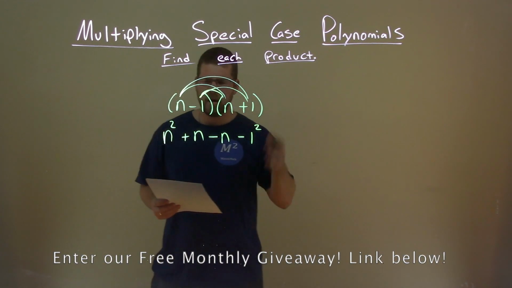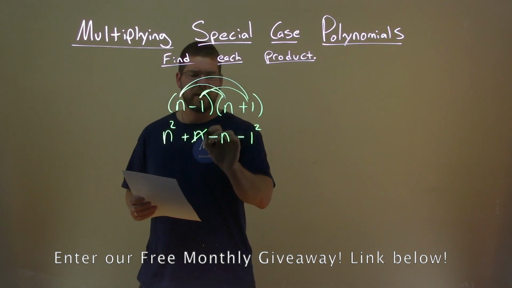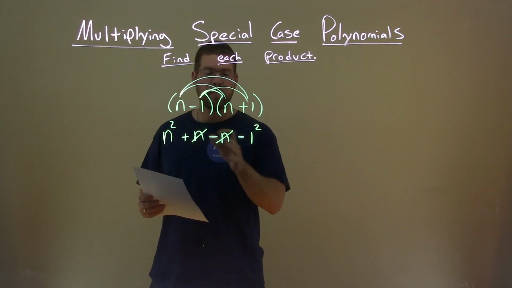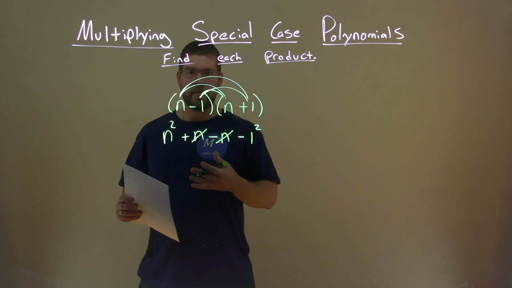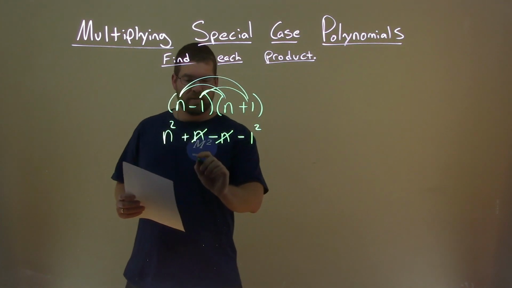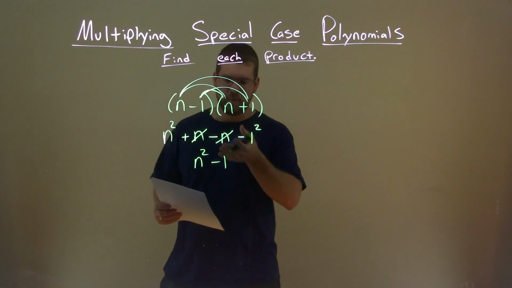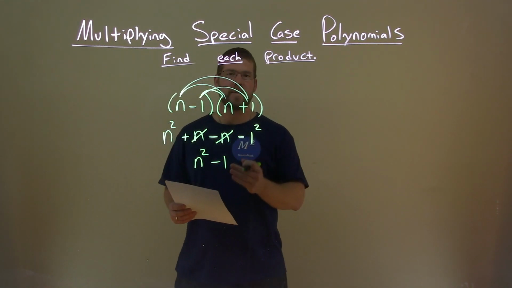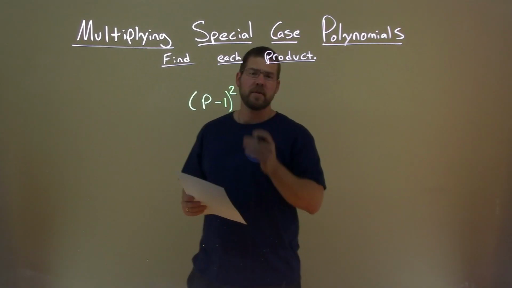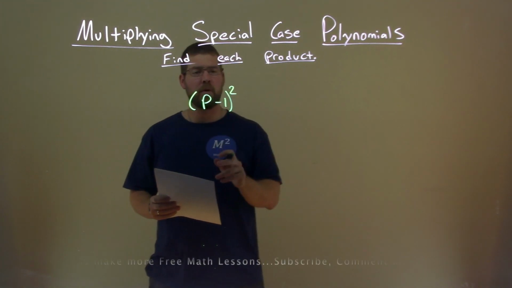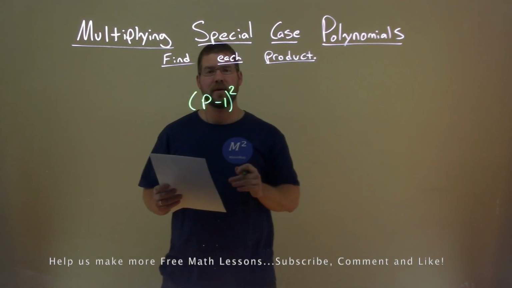Well, here's the special case. The n's cancel. N minus n is 0. Don't need to write that. So we get a final answer of n squared minus 1. Don't need to write it as squared, but there we have it. N squared minus 1. We're given this problem, p minus 1, in parentheses, all squared, and we need to find